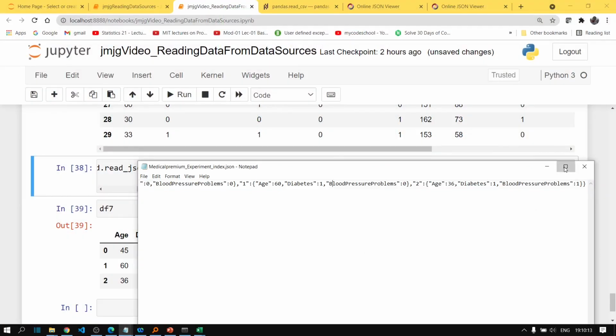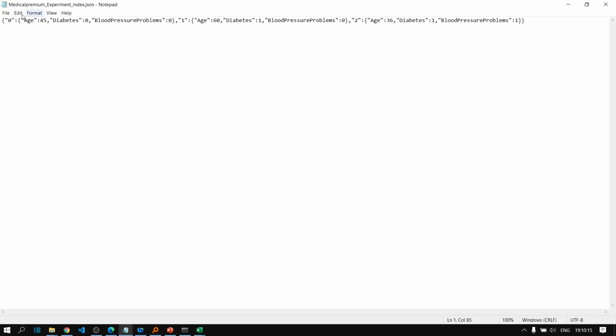So in this JSON file, you can see that the keys are 0, 1 and 2. So these are the three keys. Now inside this we have age 45, diabetes 0, blood pressure problem 0. 0 means this particular patient doesn't have diabetes, this particular patient also doesn't have any blood pressure problem.